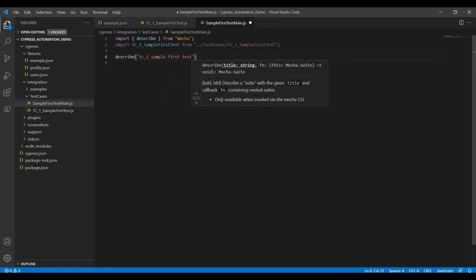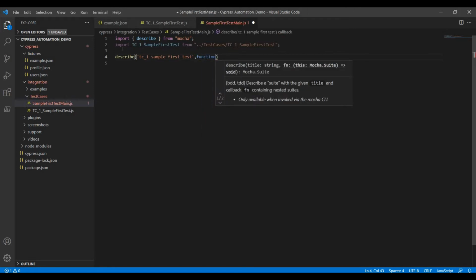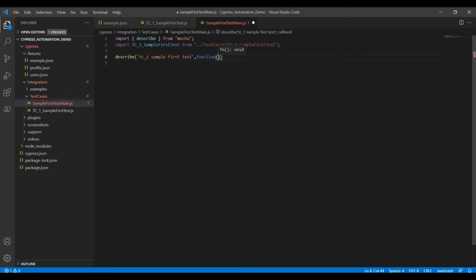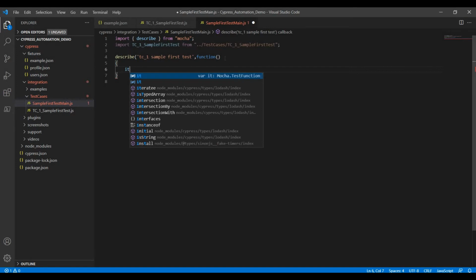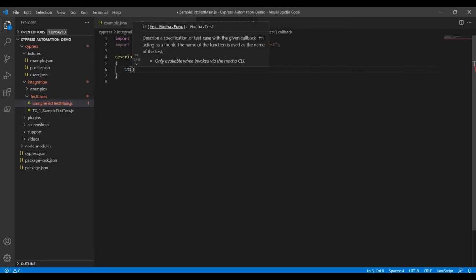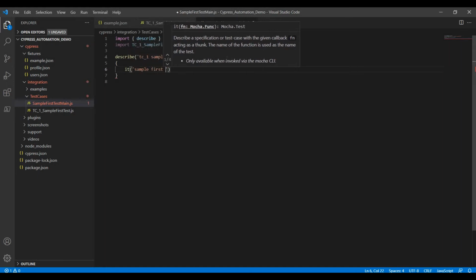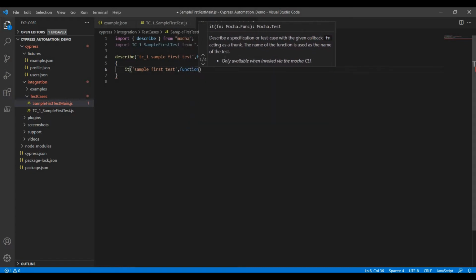Okay, put a comma, then create a function. Then again it function. There also we have to provide the string. Here the sample first test I just gave, put a comma, close function.